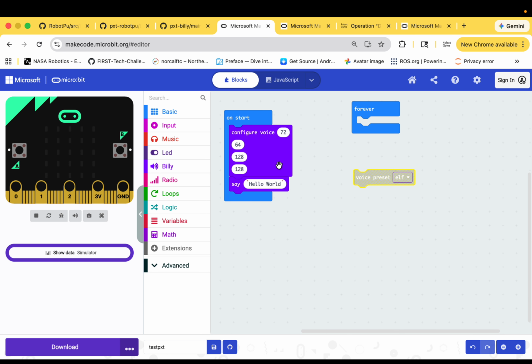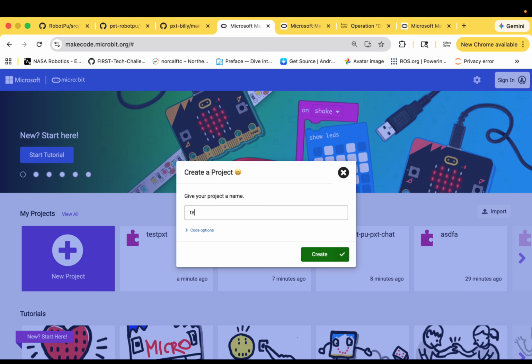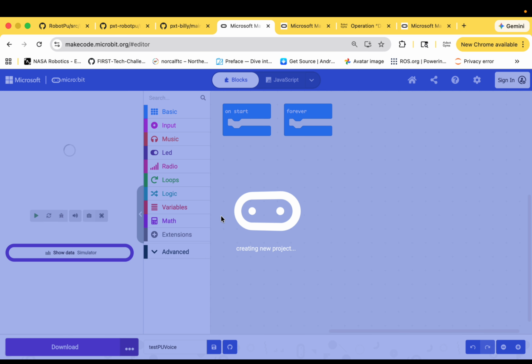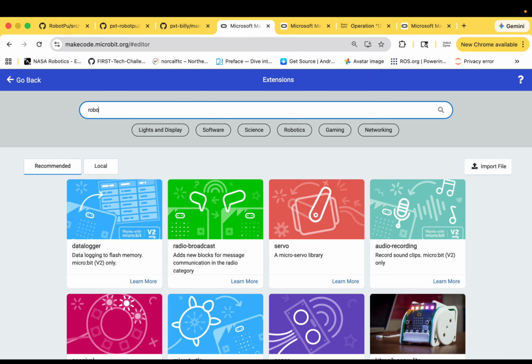And in this case, you can invent your own Robot Pew voice using these libraries. To make life easier for you, when you load, let's create a new project, say test pure voice. Create a new project. When you load the robot